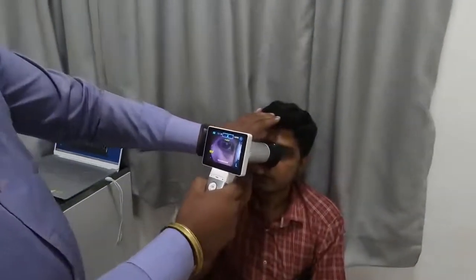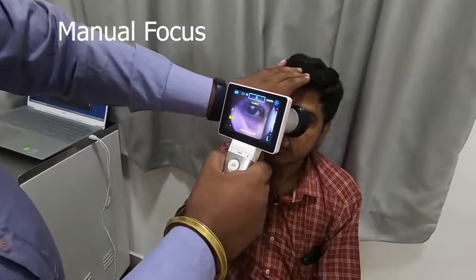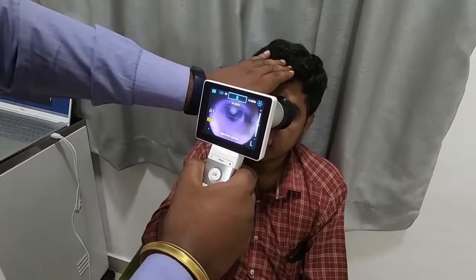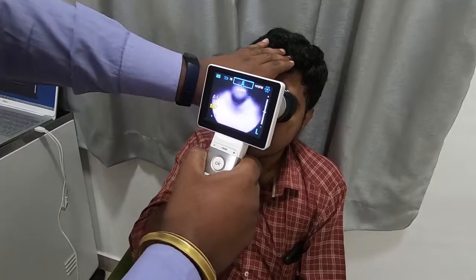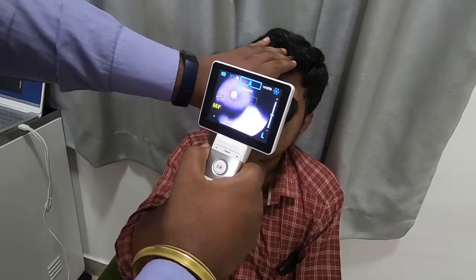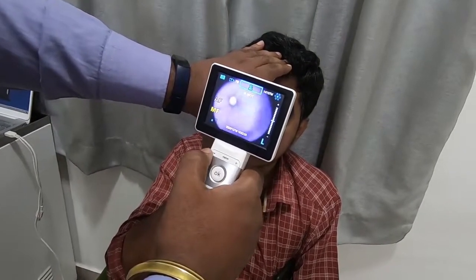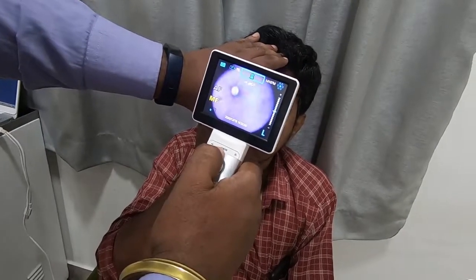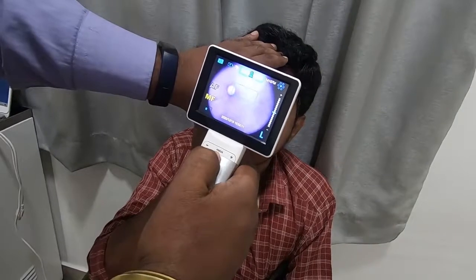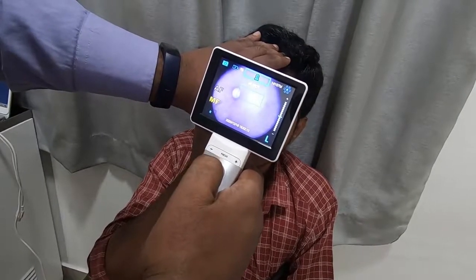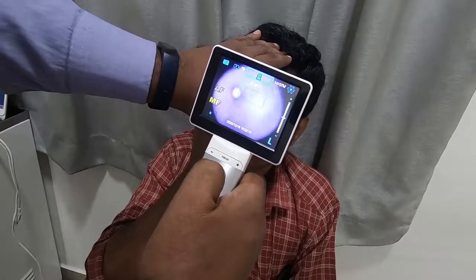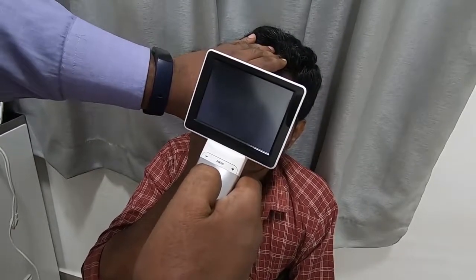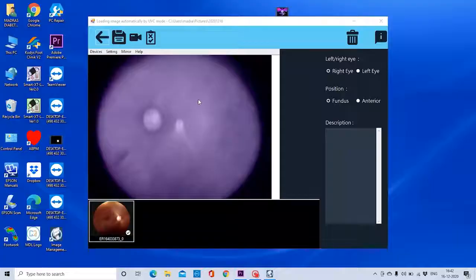You have to focus and the patient should steadily see without any eye movements, and you have to focus it very clearly. So I can see this eyeball completely. So now I have to click this OK. With firm and steady hands we'll capture the image.